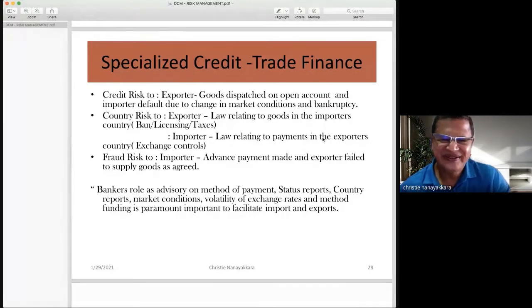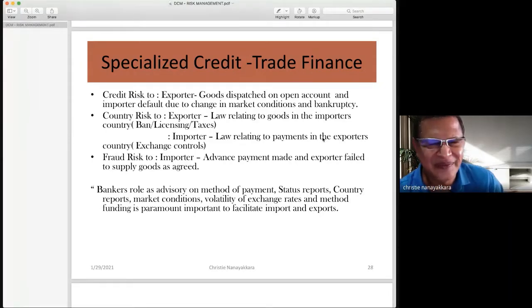Now we also have certain other methods of doing this transaction. We call them collection. Now, the importer in Sri Lanka will request the exporter in Japan to ship the item and send the documents through his bank to the Sri Lankan bank, which is Bank A. Then Bank A will advise your customer, importer I,